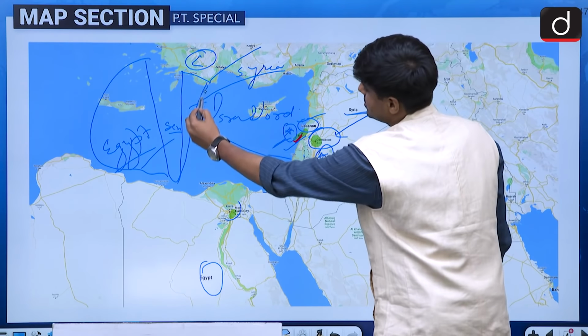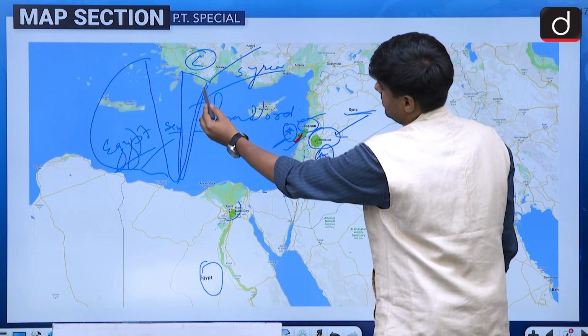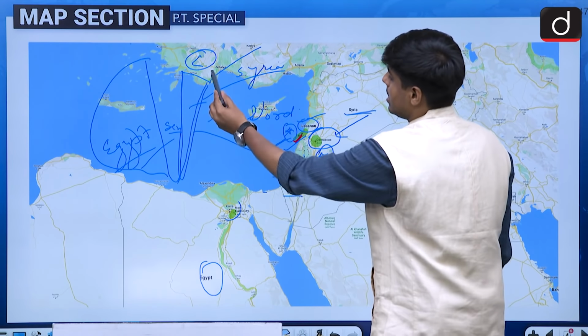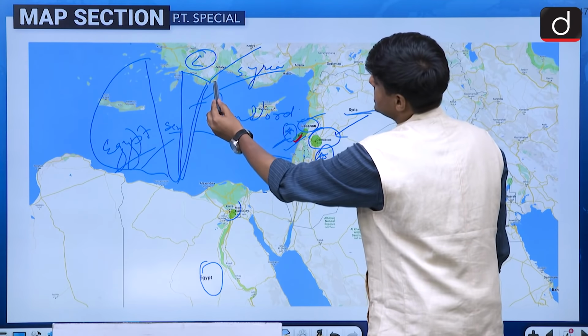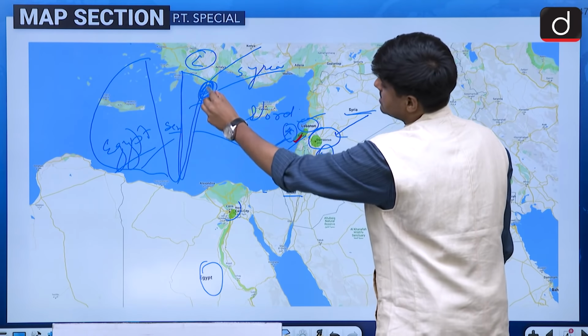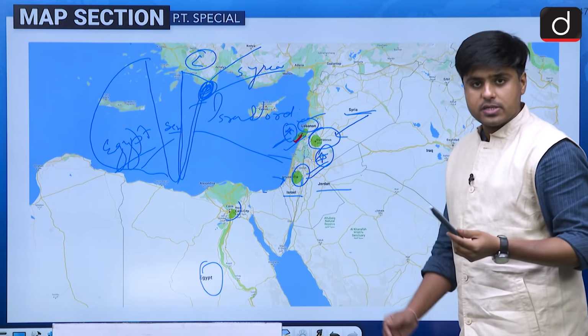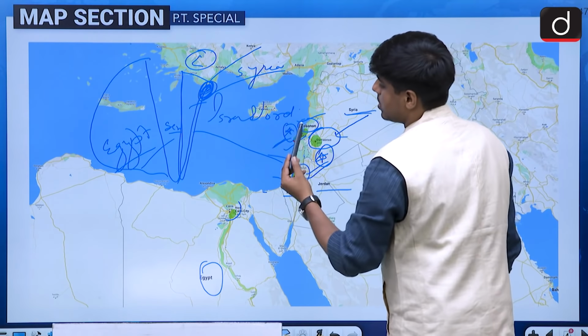But so in the center there is Israel, and here itself, because it conquered certain areas from certain other countries, like from Syria, it conquered the Golan Heights, right? So the Golan Heights is located here. So if there's a question about what are the countries bordering the Golan Heights, you know where the Golan Heights is.